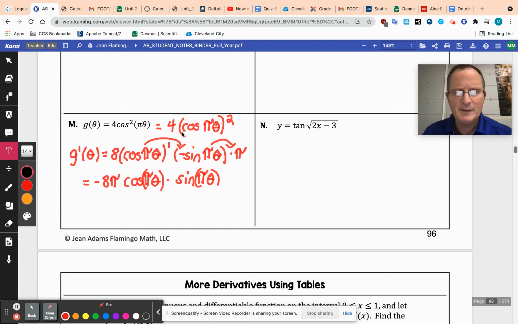And the negative is because of the derivative of cosine being negative, right? And then the 8 and the pi because the derivative of pi theta is pi, and then everything else just kind of dropped down. Our exponent became 1, so I don't need that anymore. That's it for m. All right, now,